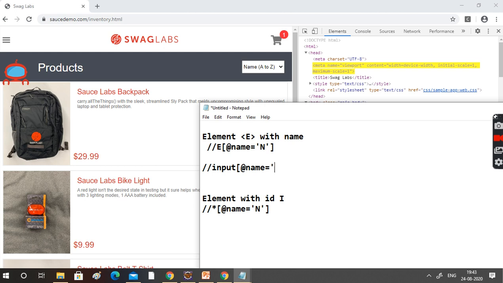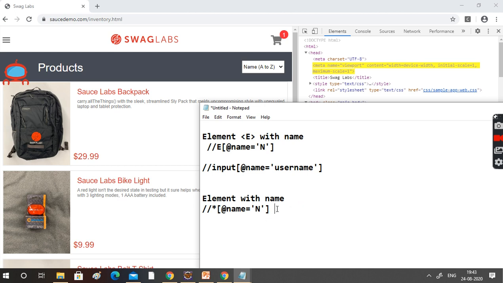For example, this is the value, so you put the value like this. Similarly here also. What is the name value?